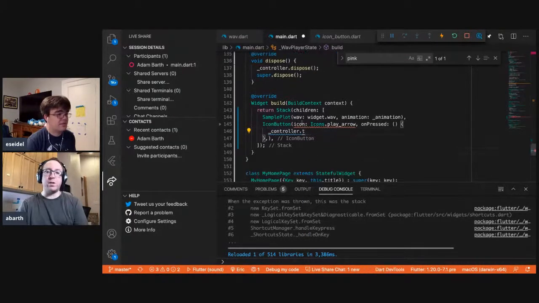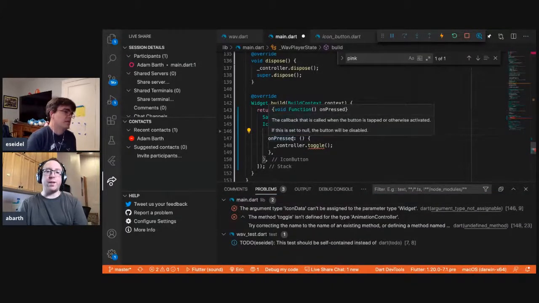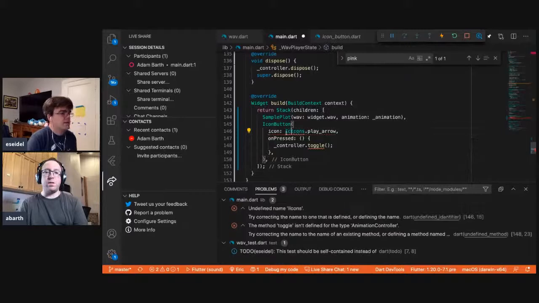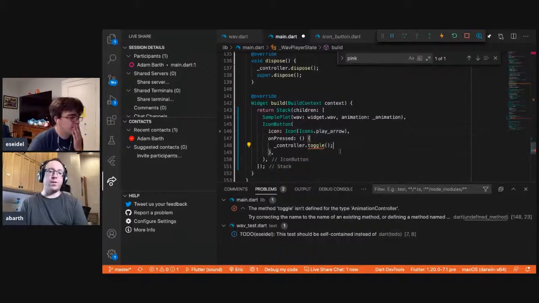That'd be interesting. I'm guessing no. But why is this upsetting us? Icon data. Oh, we need to pass it to an icon widget. I see, because this is just the. Yeah, there are lots of different kinds of icons. Like you use an image as an icon and things like that.